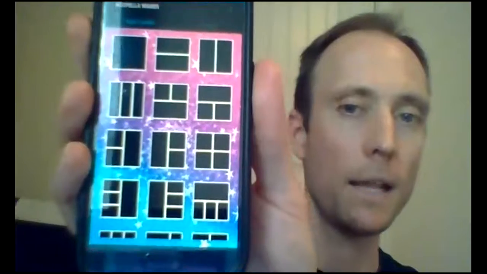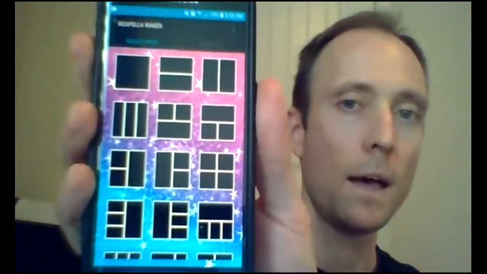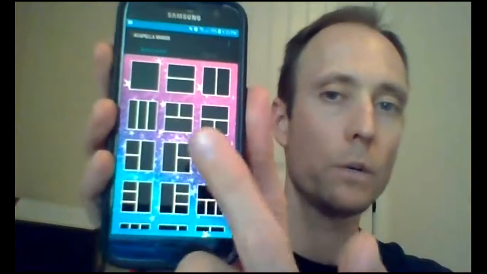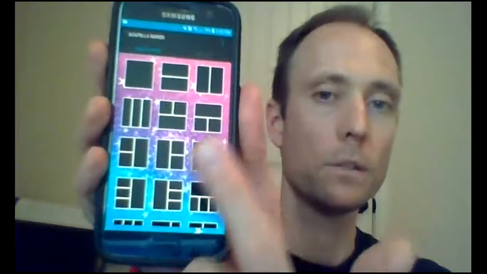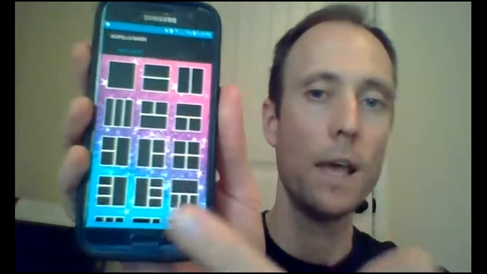And then you'll have this screen. So when you open up the Acapella app, here's what you have. You can choose one recording, two recordings, different directions, three, and you just pick one. So the first thing it's going to do